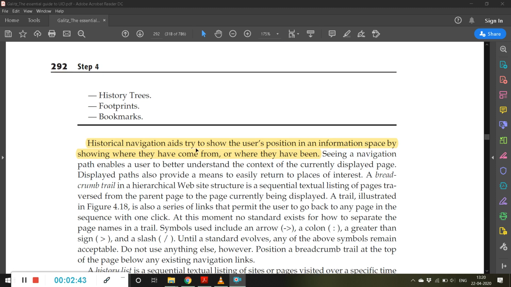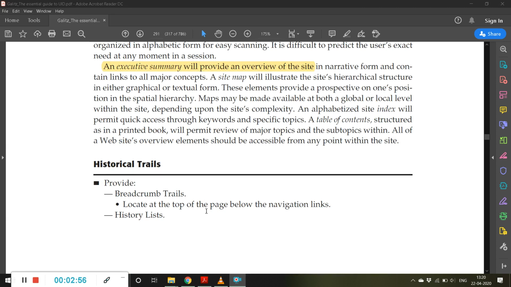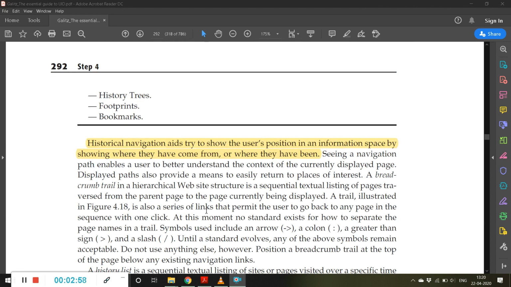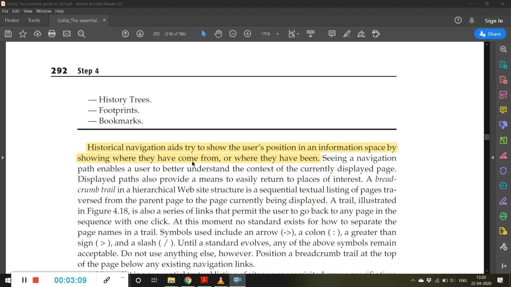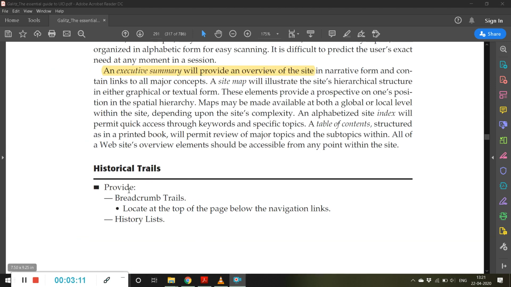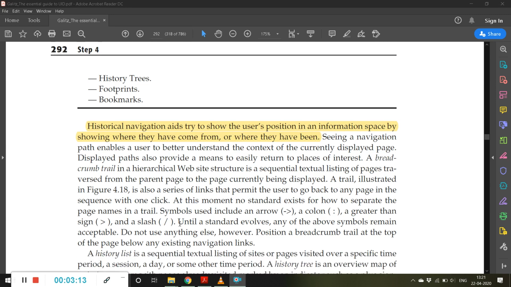Historical navigation aids try to show the user's position in an information space by showing where they have come from or where they have been. Trail in the sense where exactly you began, where you entered the system, what path you have traversed already, and where you are currently. This is what is basically represented by historical trails.